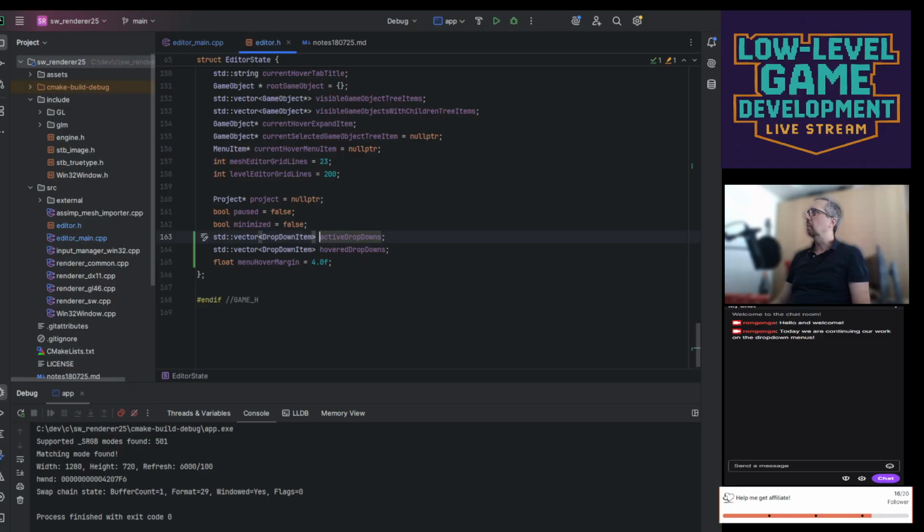I'm just thinking maybe we can even have maybe 3 categories of drop downs. One are the ones that are active because we are hovering their parent menu. That would be a very precise definition. Another one would be the hovered ones. That's why they are active,